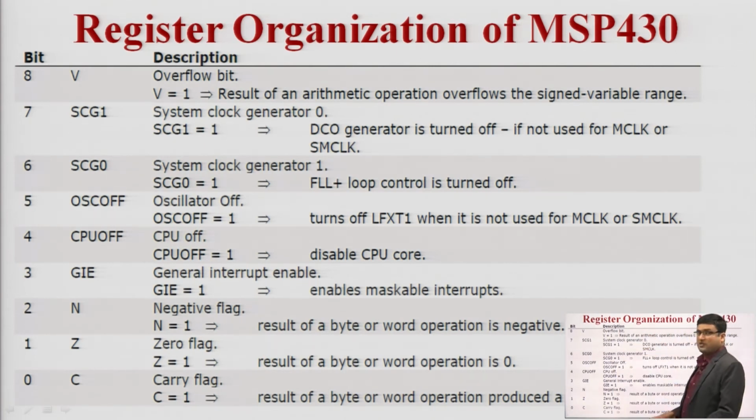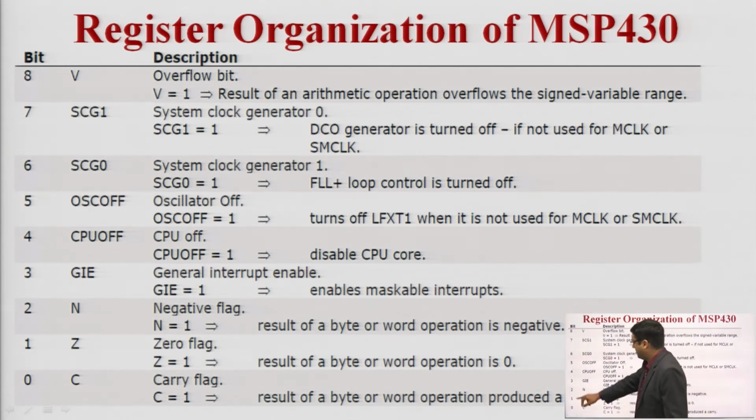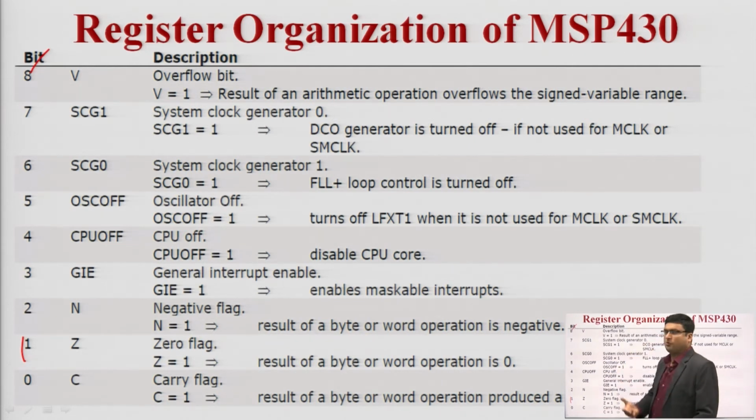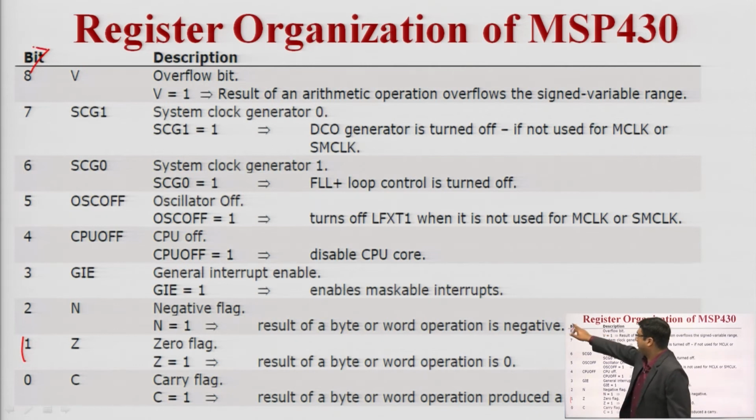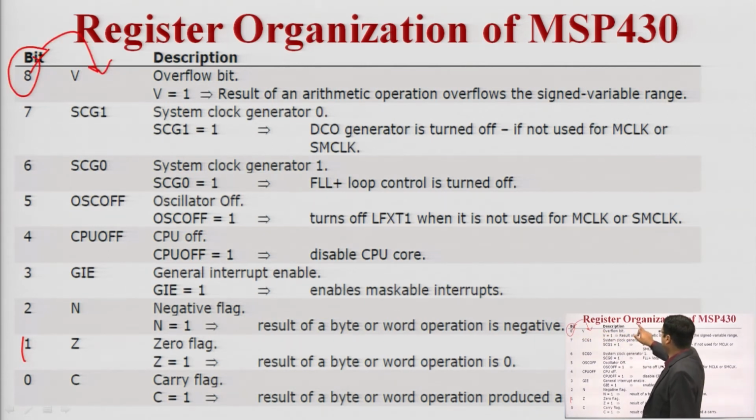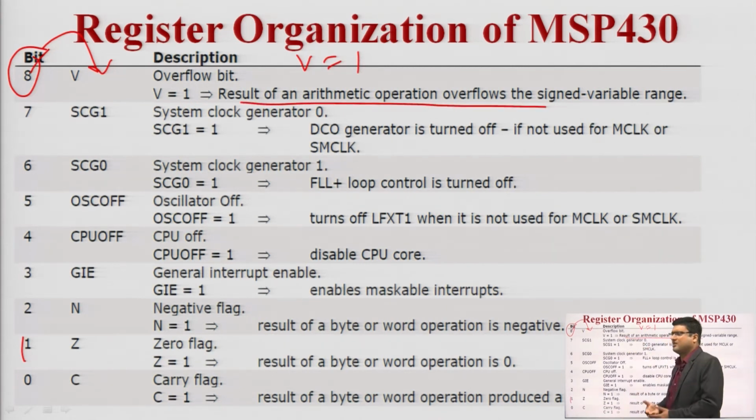So, this is the detailed explanation of each and every bit in the status register, right from 0 to 8. Why are we picking from 0 to 8? Because from 9 onwards up to 15 it is dedicated to the CG1. We have seen in the previous slide that it is reserved for the constant generators. Okay. So, 8 is dedicated to the overflow flag, V means the overflow. If the value of V is 1, that means the result of an arithmetic operation, whether addition, subtraction or multiplication, has exceeded the maximum value, that is FFFF, so it is indicated by 1 that there is overflow in the system.